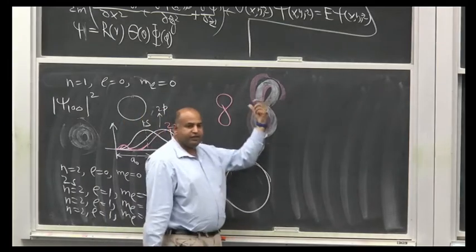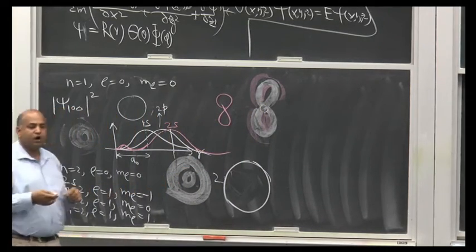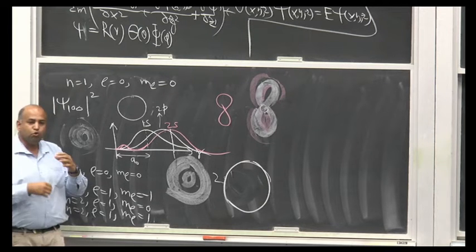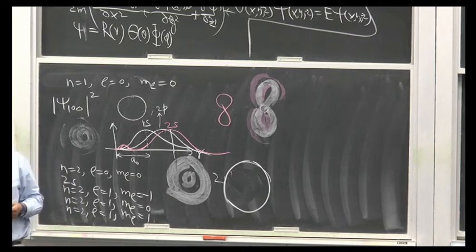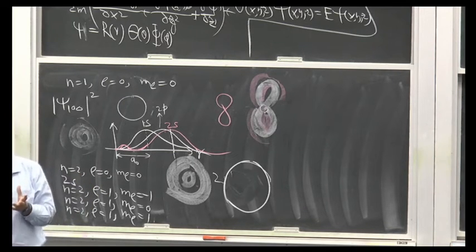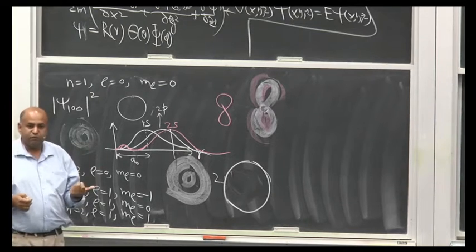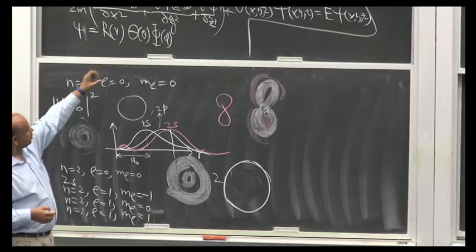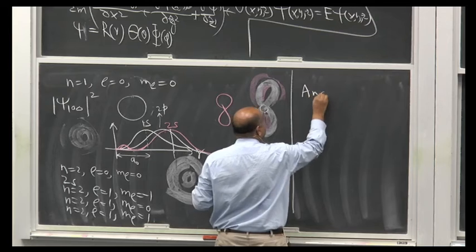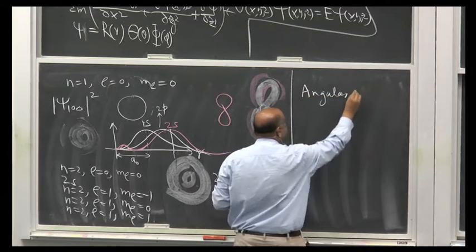Let me now come to another thing which is equivalent to answering that question of what the electron is doing. Is it going like this, or is it revolving, or what's the type of motion? When something moves, the important physical quantity associated with it is the momentum. When it moves linearly, there is a linear momentum. When it moves in a spherical region, there is an angular momentum associated with this. And when you solve this problem, the angular momentum is found on the way while solving this equation,